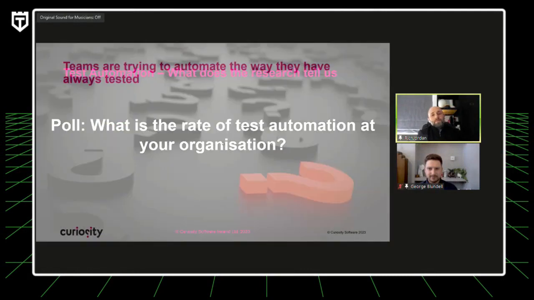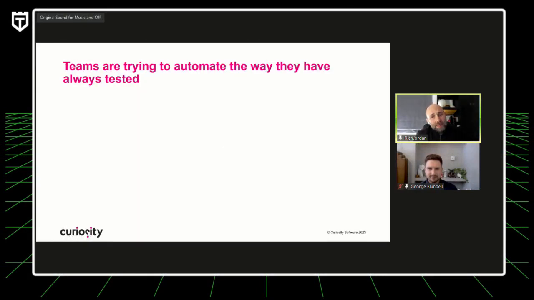Cool. So we're going to try and unpack that now to give you hopefully some helpful tips in terms of how you can get your automation working a little better, but also your testing a little better as well. So we're going to talk about some of the challenges that teams see now.